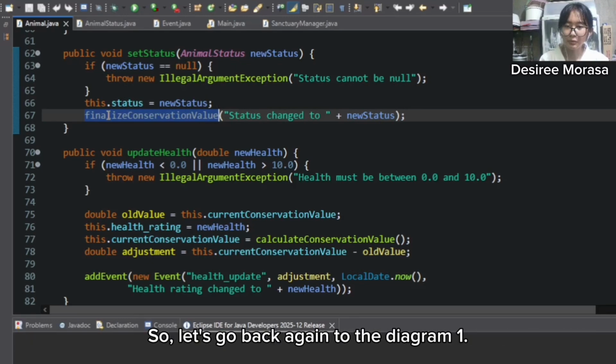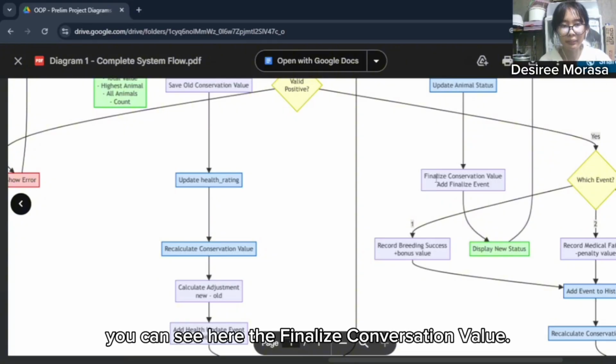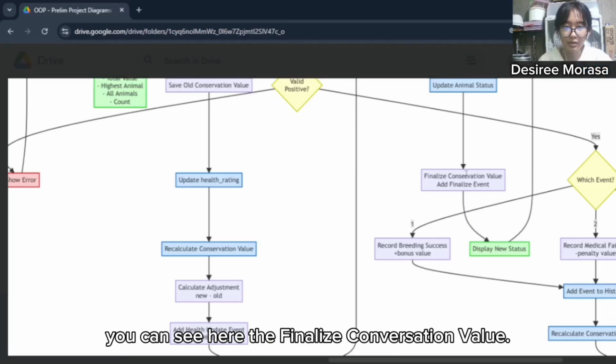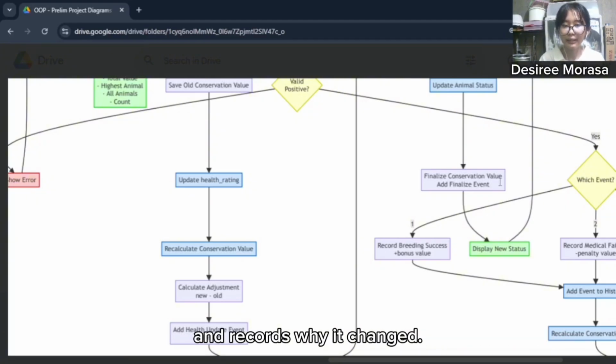So let's go back again to diagram 1. In this diagram 1, after the update animal status, you can see here the finalized conservation value. This is where the system locks in the current conservation value and records why it changed.